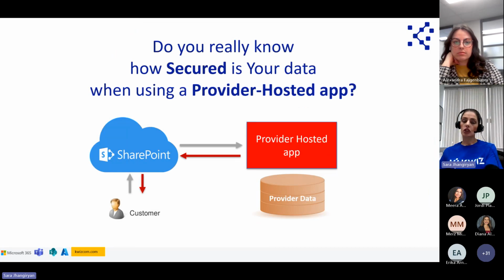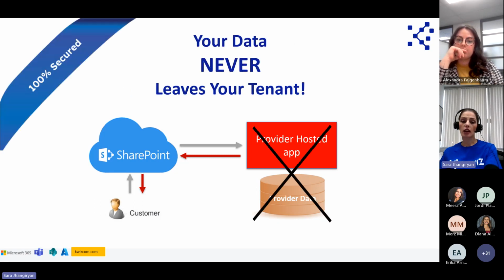Another important thing to mention is all Quiz products, including Quiz Forms, are client-side apps. So these are SharePoint hosted apps. They're not provider-hosted apps. And what this means is that your data is 100% safe and secure with us. Your data never leaves your tenant. And this is the reason that many government organizations have chosen to work with Quiz, simply because your data is